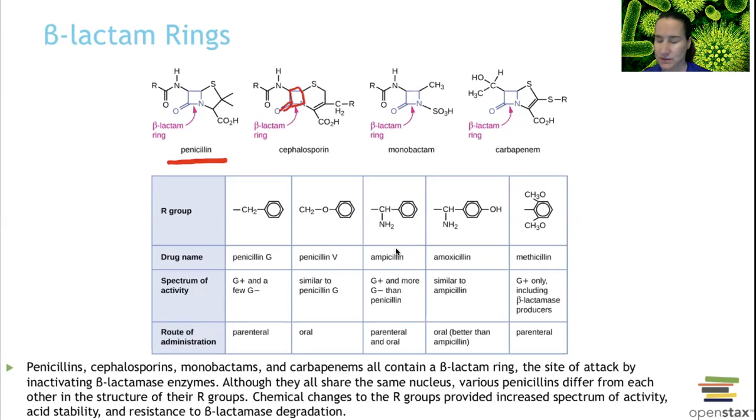I want to say penicillin G, the textbook says penicillin G and penicillin V, also get some gram negatives like Pasteurella multocida. But beta-lactams, they all have this ring. We've got penicillin as our beginner, but then remember we talked about how once we figured out the structure of penicillin, we could make and modify all sorts of derivatives. So we've got Keflex over here, monobactams, and then